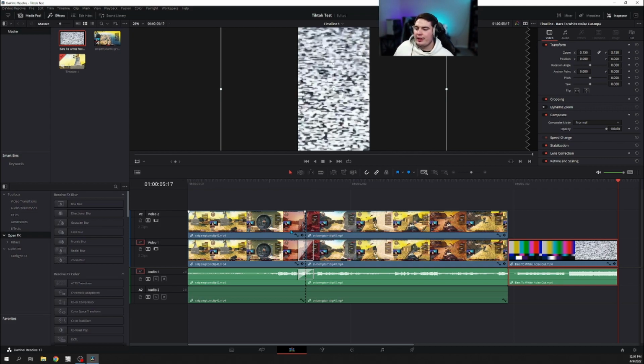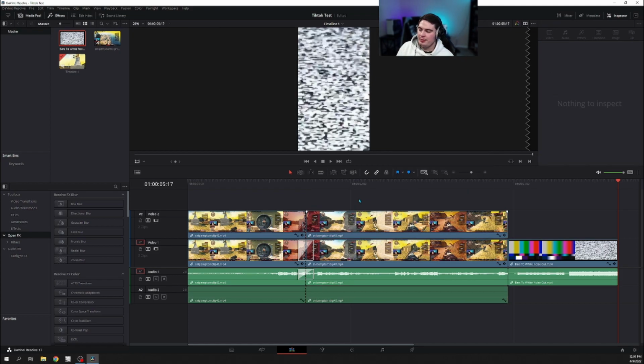So the cut in the middle was to add the transition. You can't just put a transition in here. It has to be a cut because it needs a transition to the next part of the clip. So let's say you have a minute clip. You have a kill at 1 second, a kill at 20 seconds, a kill at 45 seconds. You're going to go through and cut it to those kills,